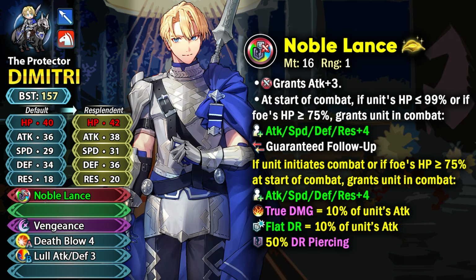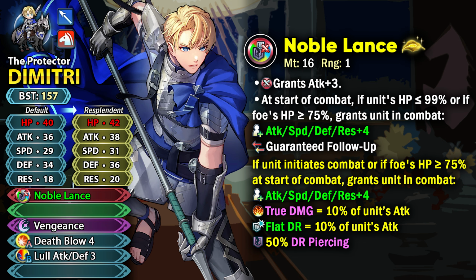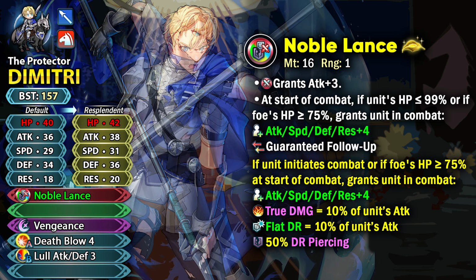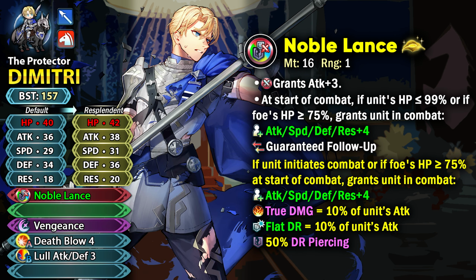He also gets a bit of true damage based on 10% of his attack, which is not really much, but still it does help. And then just like other Dimitri's, he also gets a bit of flat damage reduction, and that is also going to be 10% of his attack. And then finally, he has got 50% damage reduction piercing,